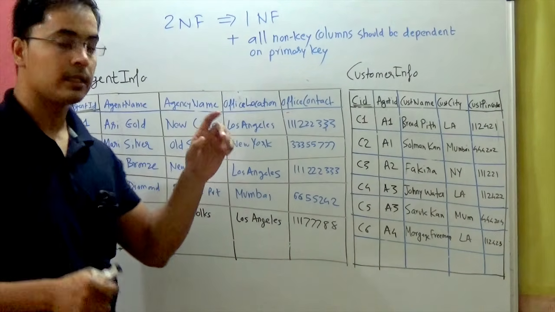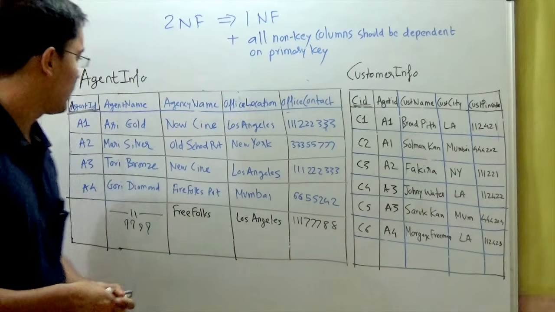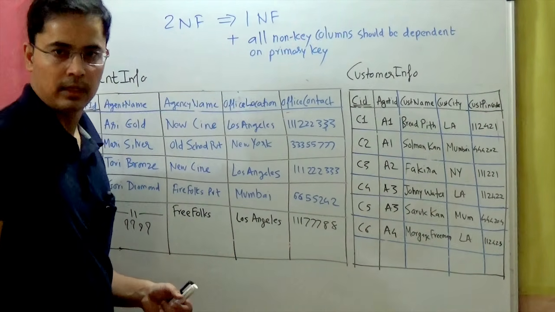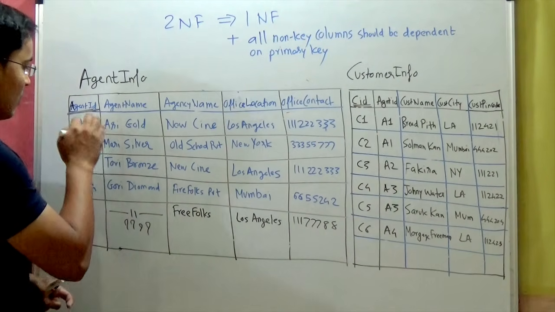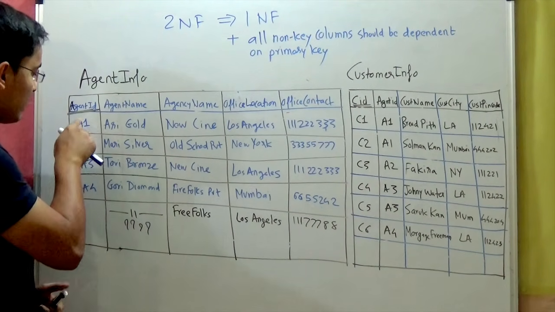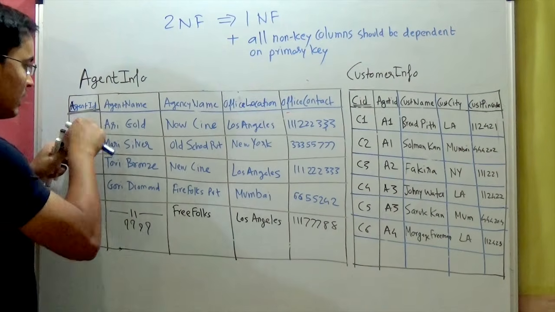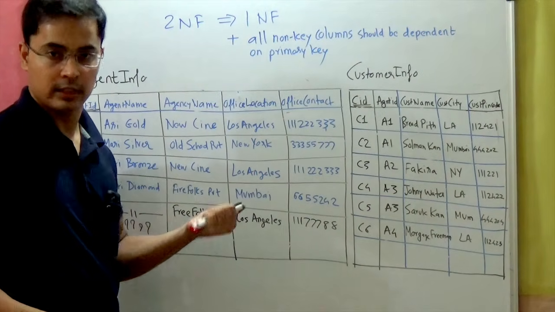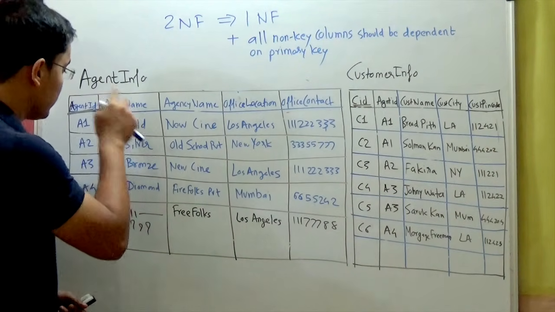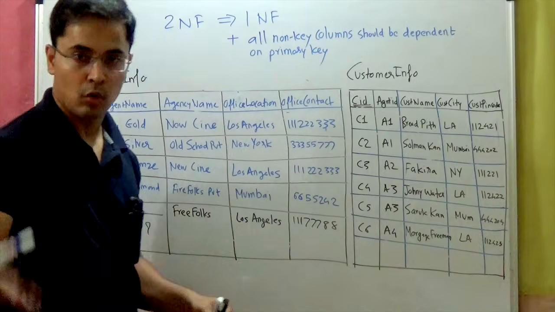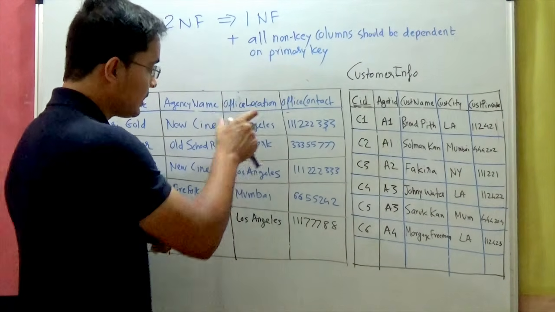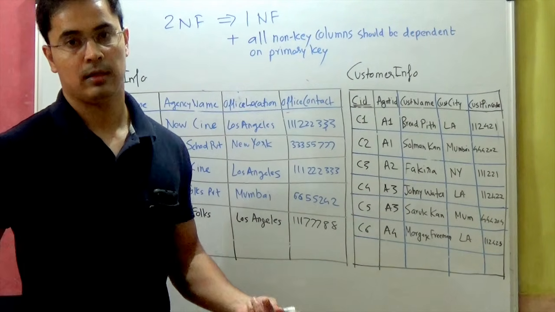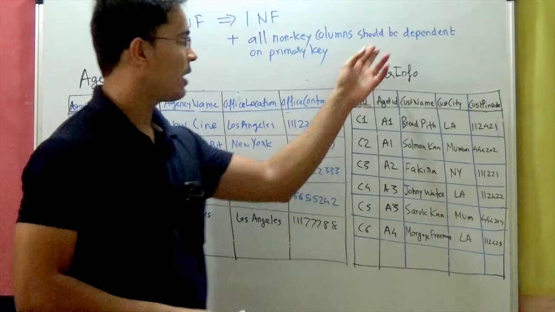So if your answer is yes, for example, agent name, right? Does this non-key column describe what is uniquely represented by the primary key? A1 is representing this agent. Agent name is describing that agent? Yes. So it should be in this table. If the answer is no, as in the case of Los Angeles, this information should not be in this table. It should be in some other table. As simple as that. So that's what I mean by dependent.